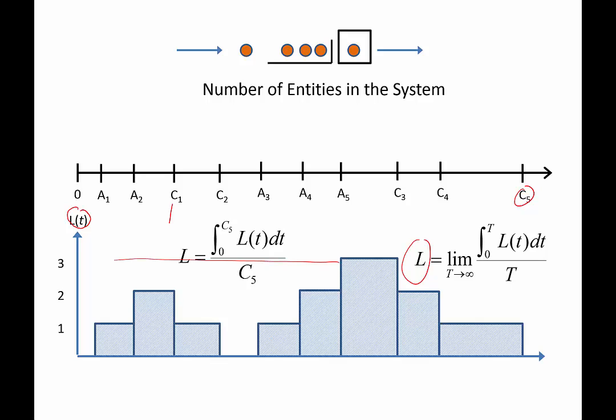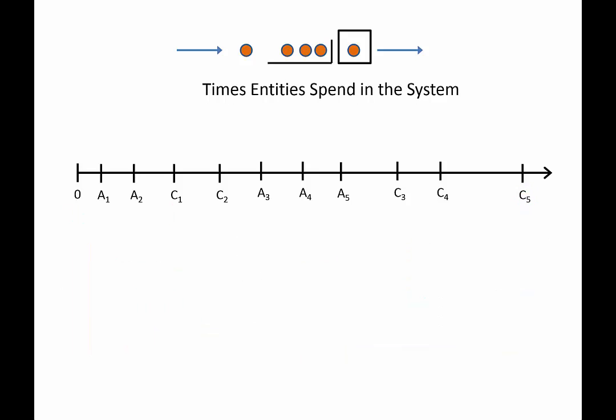The utilization and the average number of entities in the system are both what are called time-dependent statistics or time-dependent values. You can see that we're taking the integral of a function of time over the time that the queuing system operated. Our third performance metric is the average time that entities spend in the system, and to get this we